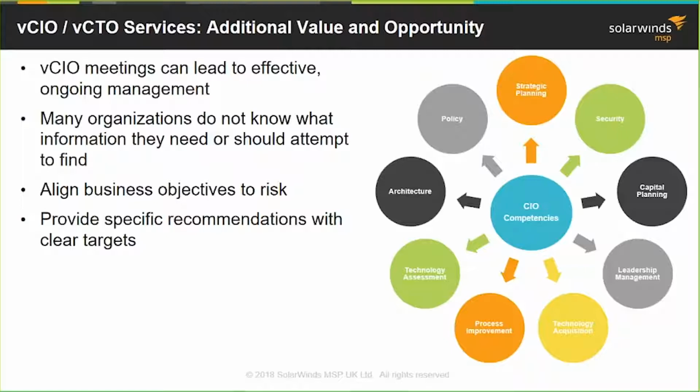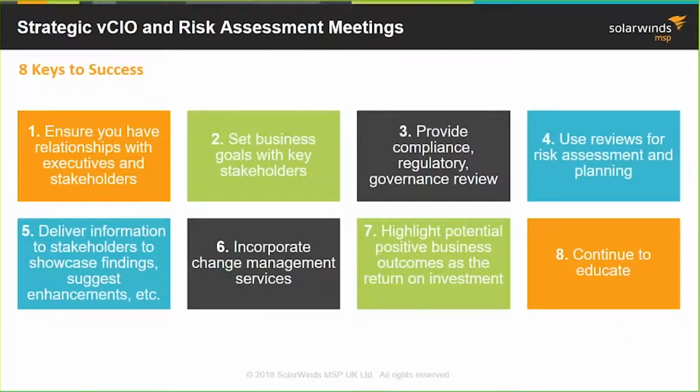So CIO and CTO services are extremely important, and with that, you're always thinking about, if we don't make this change or if we don't align to some type of requirement, here is the risk that is a potential to you. So you have to have the right relationships. We might have met and signed the deal with an office manager, but they're probably not making a lot of the strategic decisions for an organization. So we've got to understand who's the CEO, the president, the managing director, who's in a VP level, maybe who's in a senior management level that help drive some of those changes. So ensure that you have those proper relationships and ensure that you have them early on.